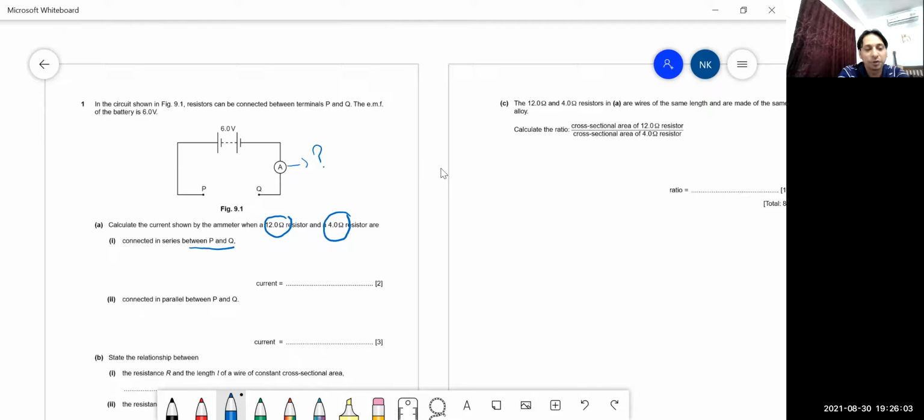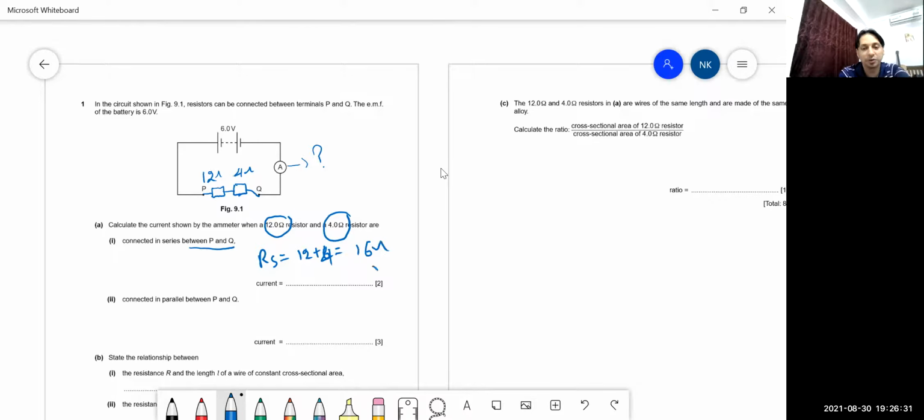So what you can do, children, in the first case they said in series, you can connect two resistors. One is this, the other is this one, they are in series. You have to connect in series. So this is 12 ohm, this is 4 ohm. Unit you have to write. And connected in series, find the total resistance. If they are in series, 12 plus 4 equal to 16. Sorry, 12 plus 4, 16 ohm is the answer.